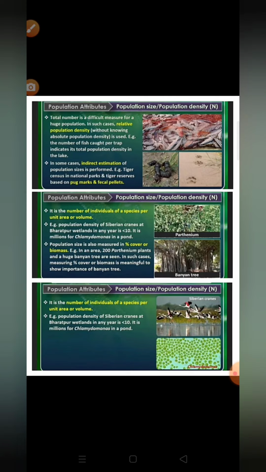Now when you find the population density, PD equals the number of individuals in a region, which we denote as capital N, divided by the number of unit area in a region, which we denote as capital S. So what will be the population density? PD equals N by S. When we calculate the number of individuals in a region divided by the number of unit area in a particular region, then we can find the population size or population density.